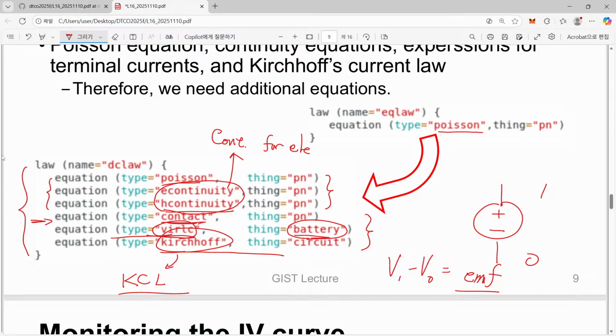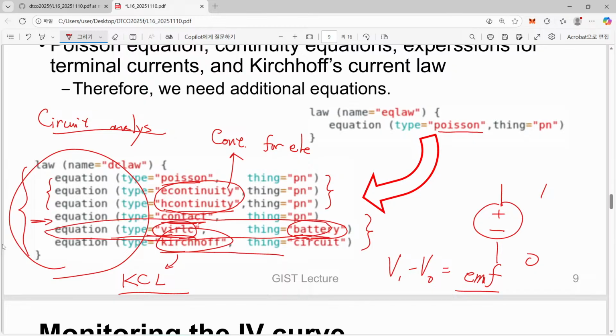Now you can understand, although it looks quite strange, this specification is nothing but circuit analysis based on modified nodal analysis. This is just nodal analysis for a given circuit. However, each circuit element is quite exaggerated. Although this voltage source is quite conventional,